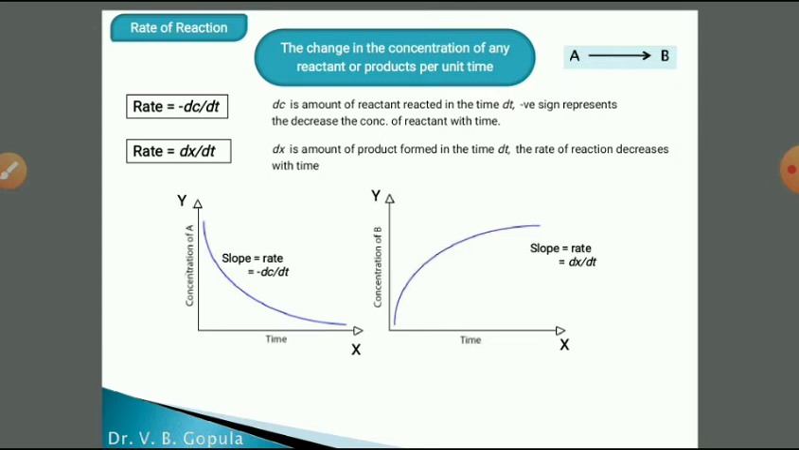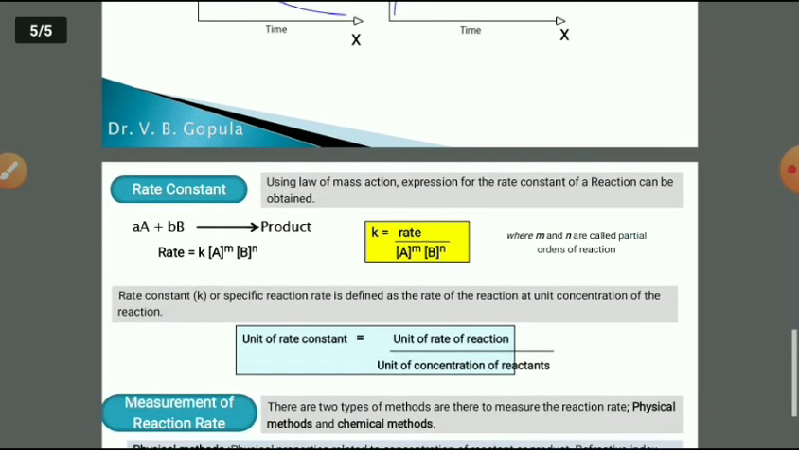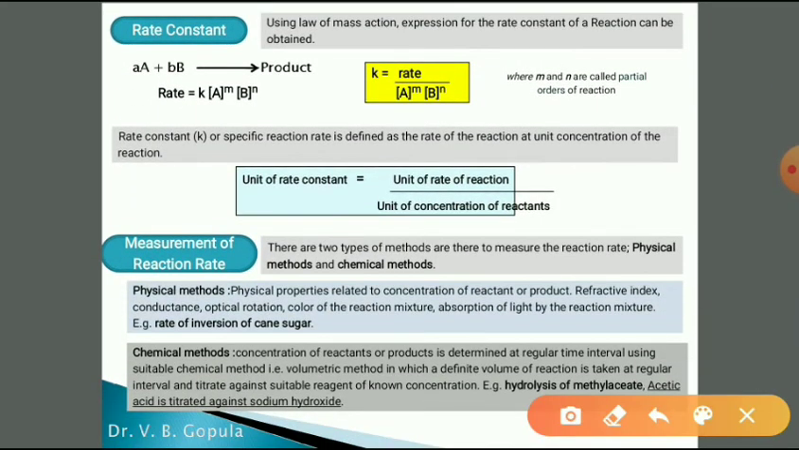Also keep in mind that the negative sign with respect to A indicates the decrease in the concentration of the reactant. Okay, now let's see the rate constant. Now if you consider a reaction,